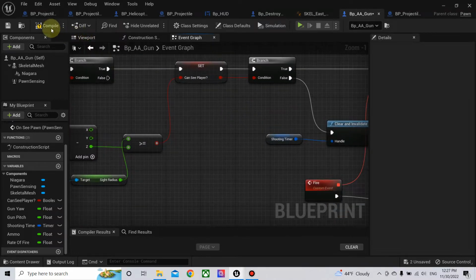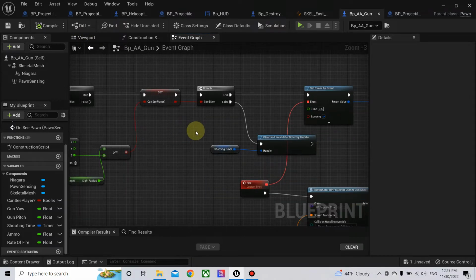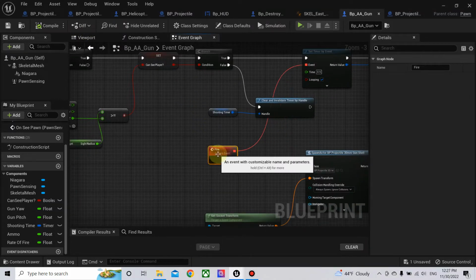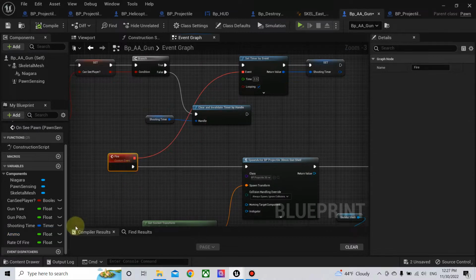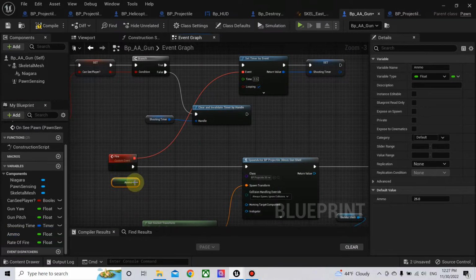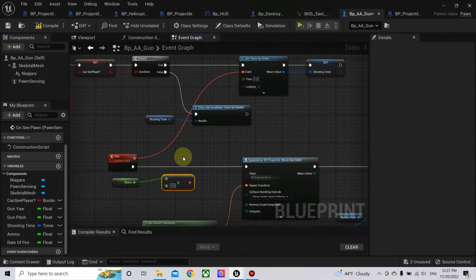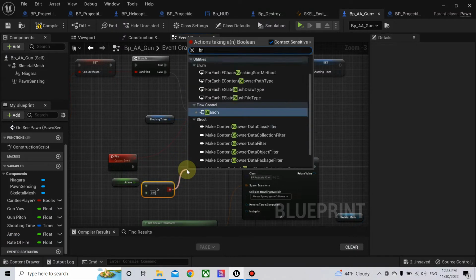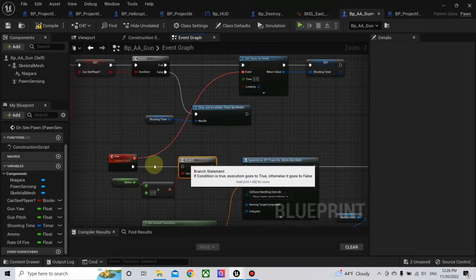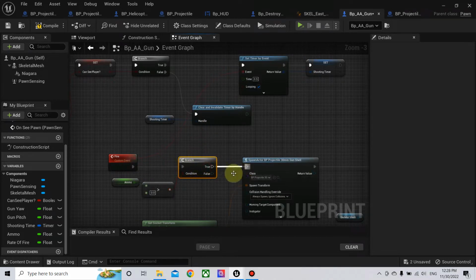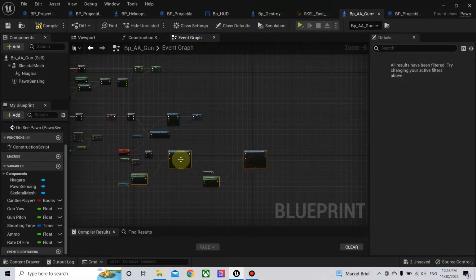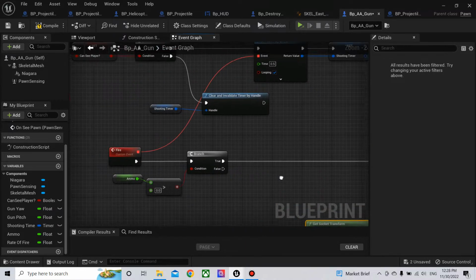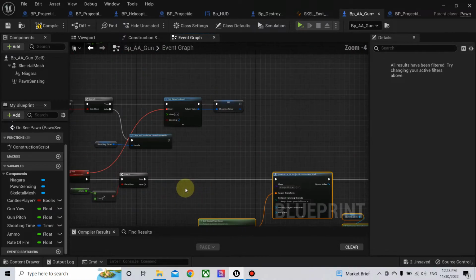Now what I want to add is ammo. I added here a float. I'll make it 25, and let me check if the ammo is more than 0. It is more than 0, so we can shoot. If it is less than 0,